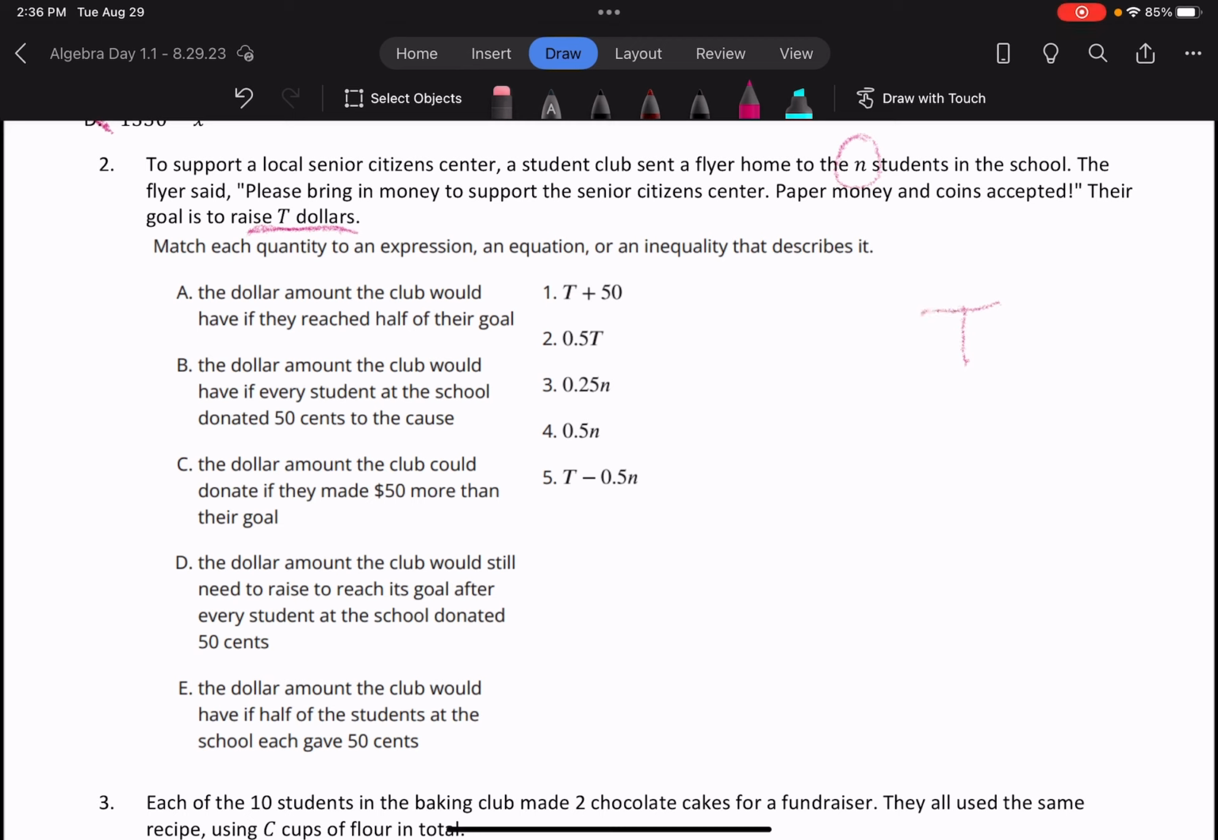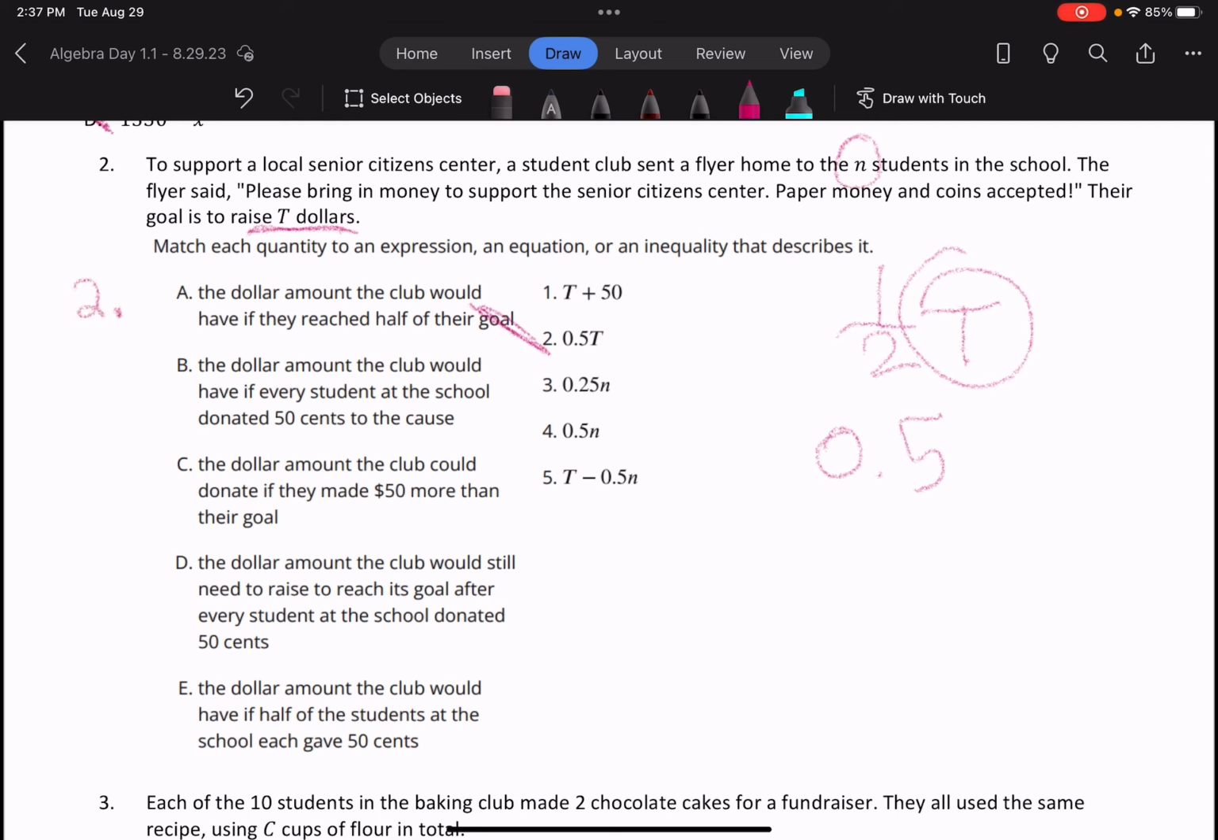Now, it says match each quantity to an expression, an equation, or an inequality that describes it. So we want to match A, B, C, D, E with 1, 2, 3, 4, 5. So A says the dollar amount the club would have reached if they reach half their goal. So the goal is T, right? We determined that. So half of T would be 1/2 T. We can also represent 1/2 in a different way. Stop and think, what might that be? Well, we can also represent 1/2 as a decimal, 0.5. And so A nicely matches to number 2,